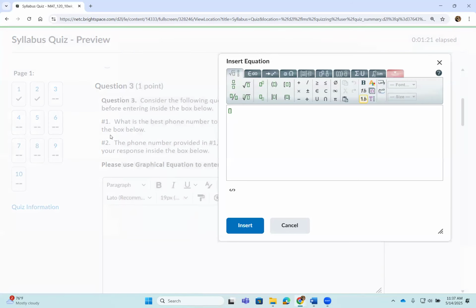So this question has 2 answers. So every answer is in its own graphical equation. If you type in too many lines of answers, a lot of times students do not even see what they enter after clicking on insert. So just be aware. So number 1,